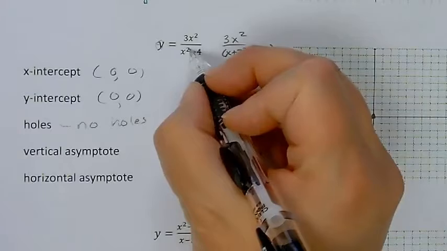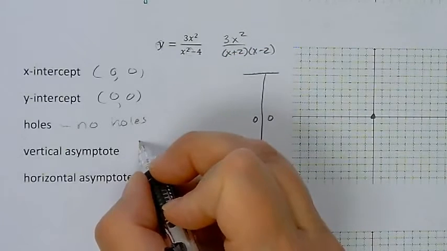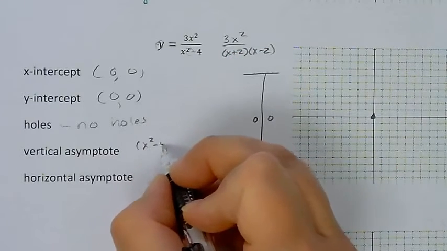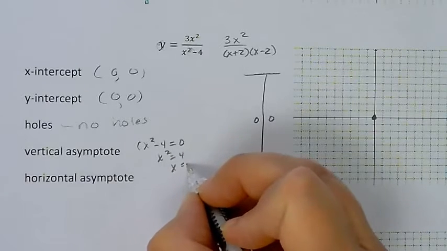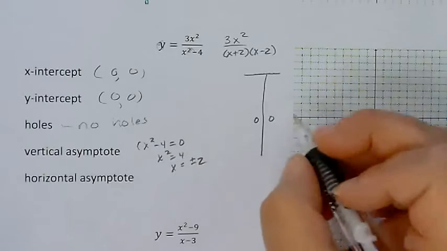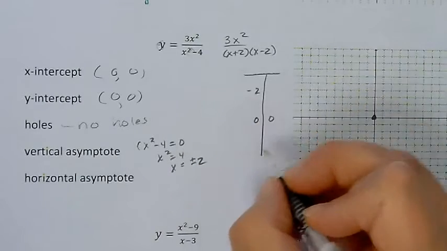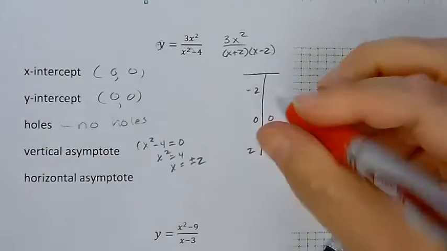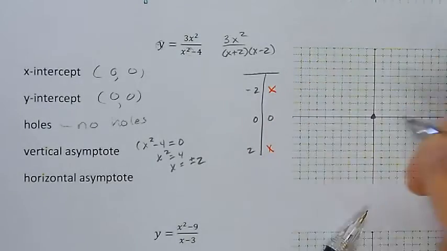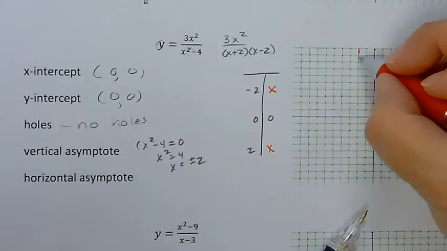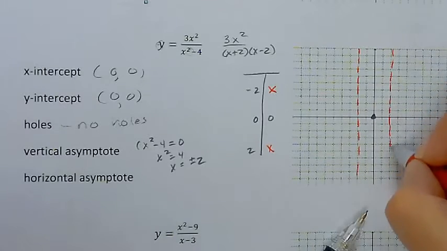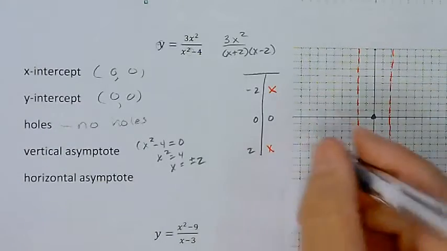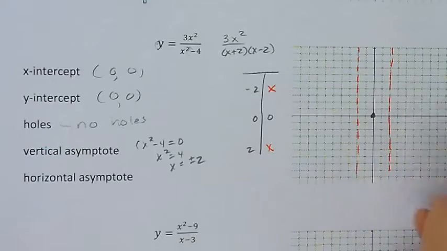So what would make this undefined is if I had 0 on the bottom. So the place where x squared minus 4 equals 0. So x squared equals 4. So x equals plus or minus 2. So at -2 and positive 2 I have an asymptote. So -2 and positive 2. So this means I'm going to have some kind of graph here, some kind of graph here, and a different